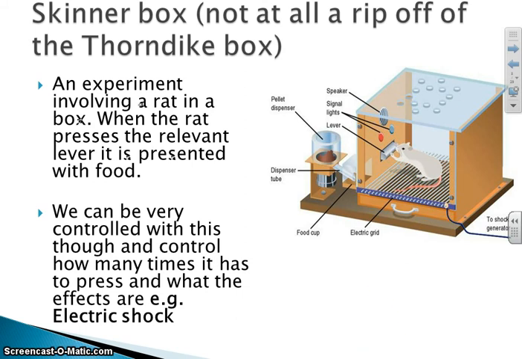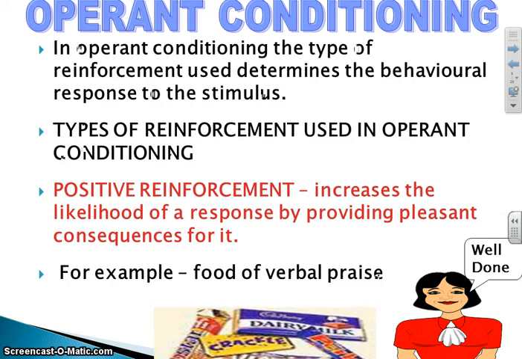It's these sort of experiments with the Skinner box that really clarified and defined different things within operant conditioning. So the first one is positive reinforcement. Positive reinforcement is a reward. If you are given positive reinforcement for something, whether it's food, sweets, or verbal praise from your teacher telling you how well you've done, you are more likely to do that. So if you receive a reward, a positive reinforcement, it will increase a behaviour.